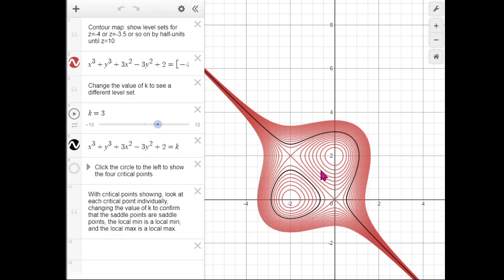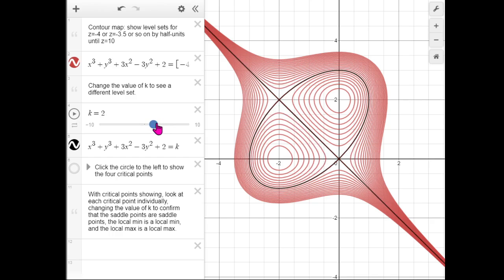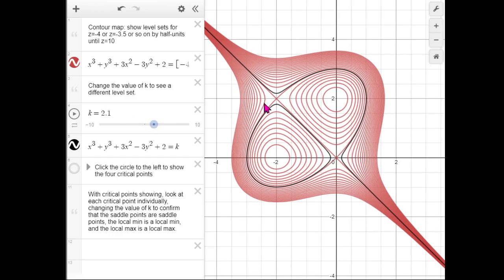So you actually see a contour map. There are many, many level sets here, and the many different level sets are shown in red. Then one level set is being redrawn on top, in black. Right now we're seeing the level set corresponding to output 3. All of these points have z value 3. Let's lower the value of k, and you'll notice that there's a saddle point here and a saddle point here,